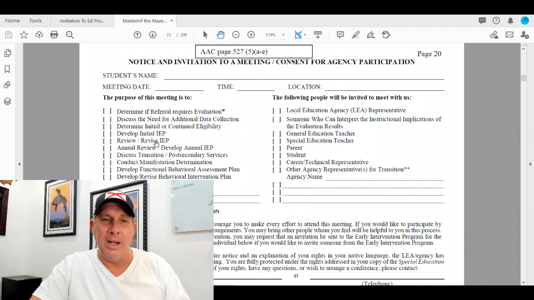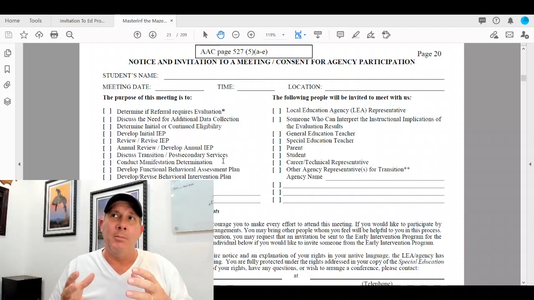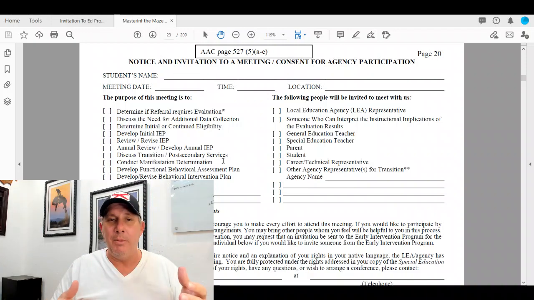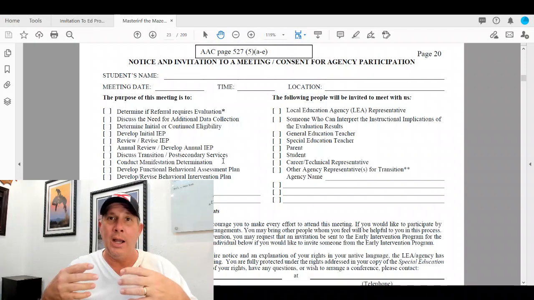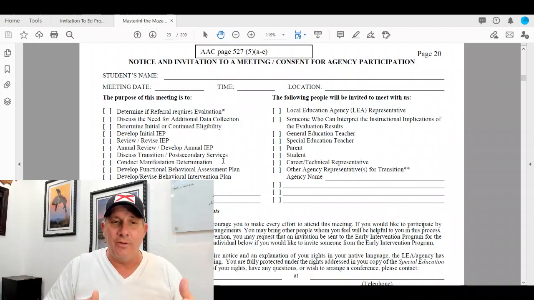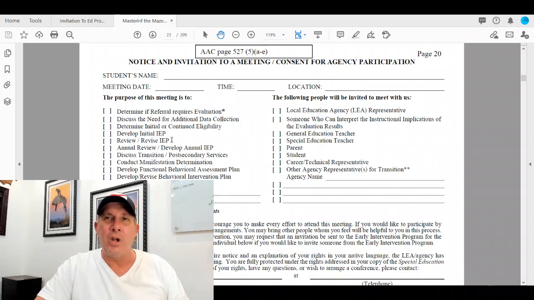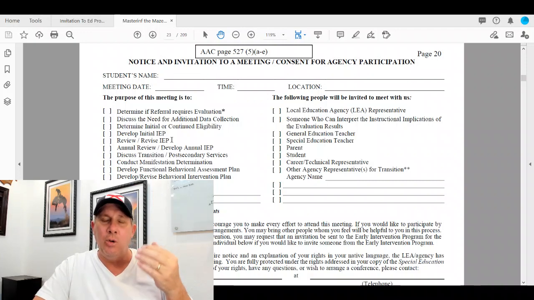I think the biggest one that gets Alabama school districts in trouble is this broad, ambiguous term, "review and revise IEP." I have too many families that feel like they got sideswiped walking into an IEP meeting and then having that turn into a change of placement or a reduction of services that the parents were unaware about. But because it's so ambiguous, school can get away with it. What it ends up doing is those kinds of things destroy trust. Those kinds of things end up forcing parents into a situation of declaring stay put and calling somebody like me to intervene. It's just unnecessary.